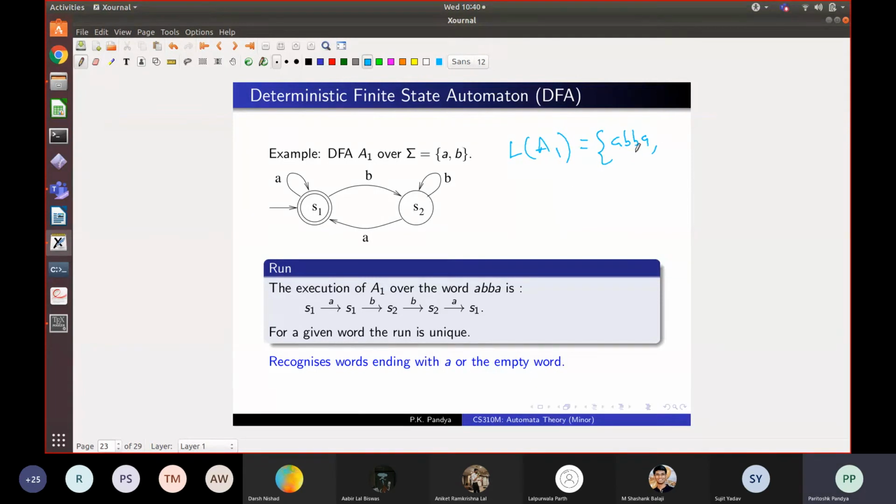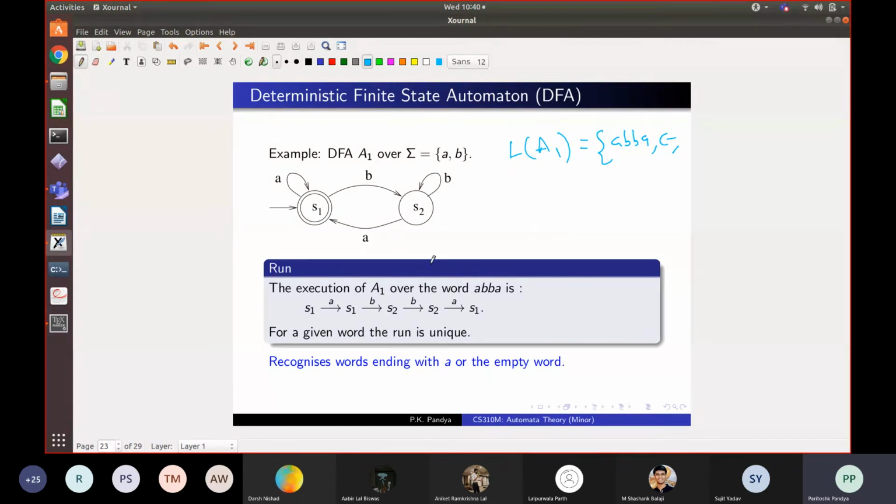Will epsilon belong to it? The empty string. On the empty string, you are here and you have not made any transition. So your run only consists of S1 without any arrows, and that's a final state. So epsilon is also accepted, right? Do you agree? Why is epsilon accepted by this? You have this execution consisting of S1 with zero arrows, and the last state of this execution is a final state. So epsilon is also accepted by this automaton. This is a slight technicality, but you should understand it, right?